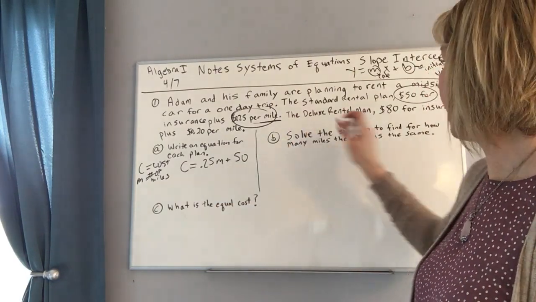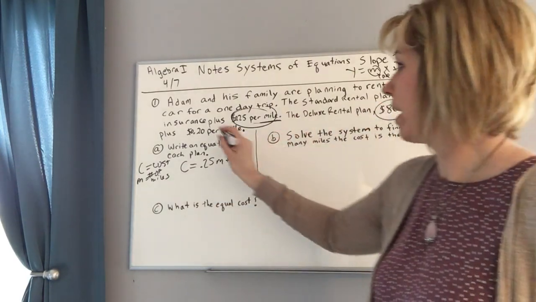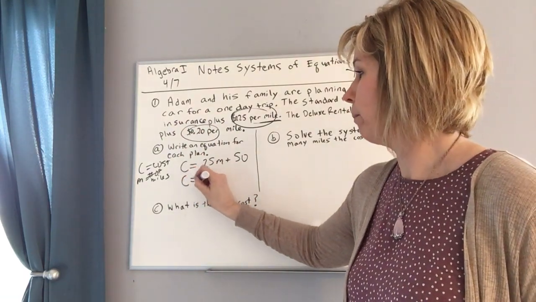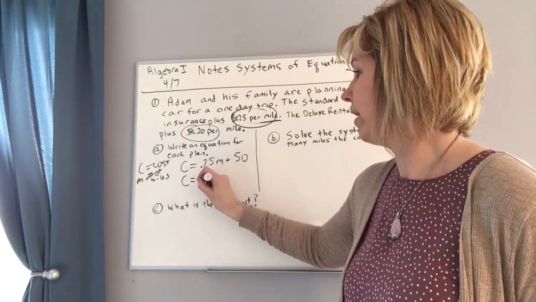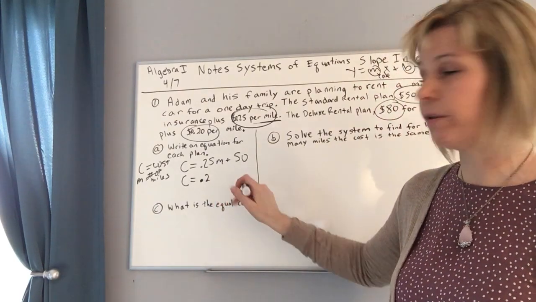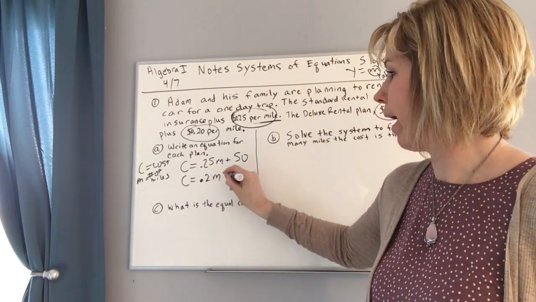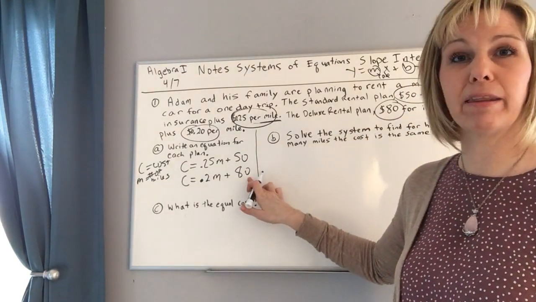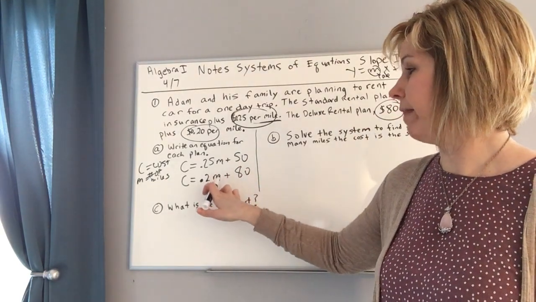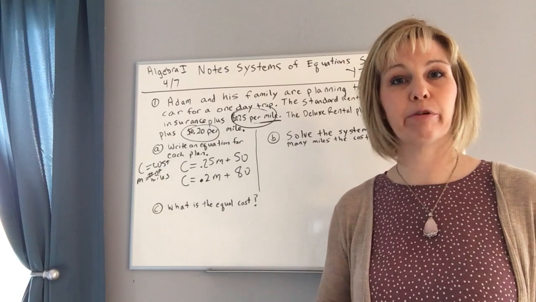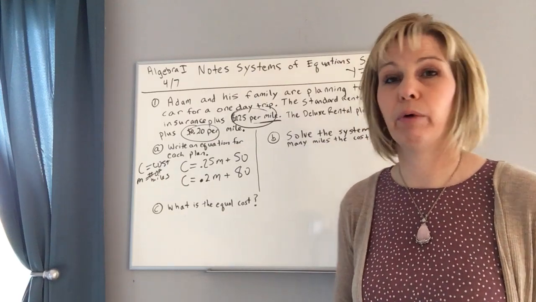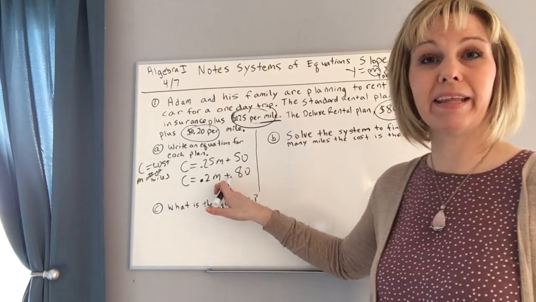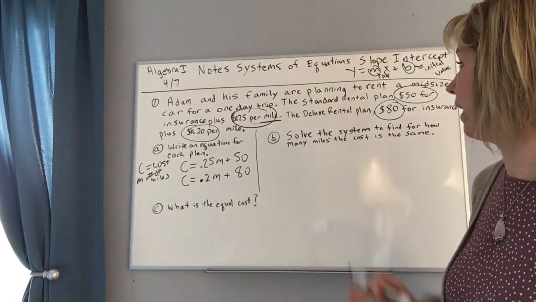Then you've got the deluxe, which is $80 and 20 cents per mile. So it's 0.2m. You don't need the zero in the word problem. So 0.2m plus 80. Again, the $80 is just a one-time fee, and then with the 0.2 you pay 20 cents every mile, however long you go for. So that's part A, just writing the system of equations. Part B: how many